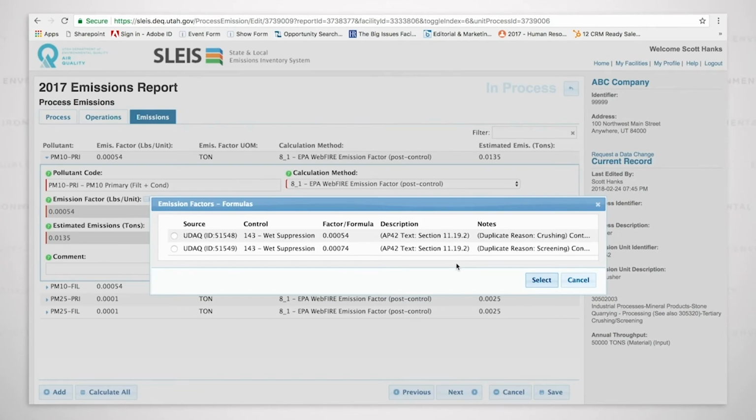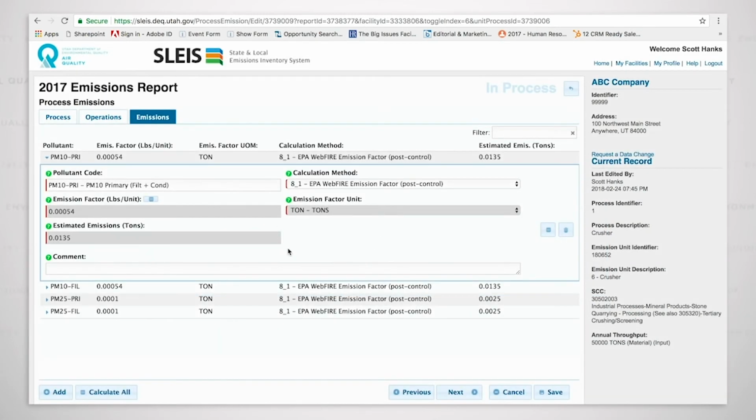And as you can see, there are two options here. One is for crushing, and the second is for screening. But we're working with crushing, so we're going to select the top one. And now it will use the controlled emission factor of 0.00054 pounds per ton. What we don't see down here is the control efficiency that we listed over on the